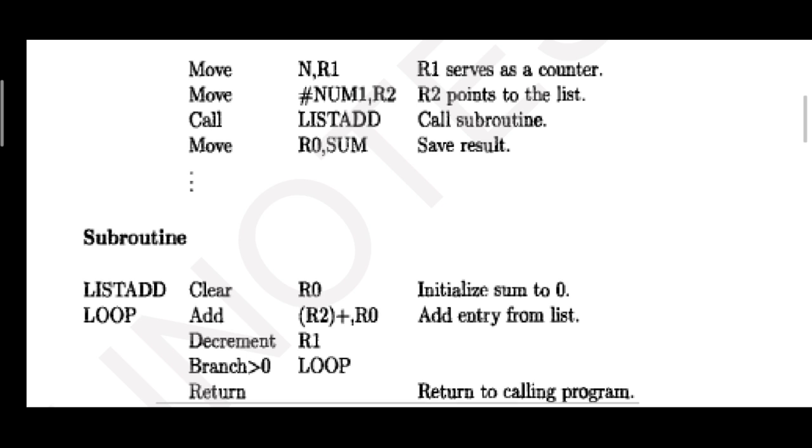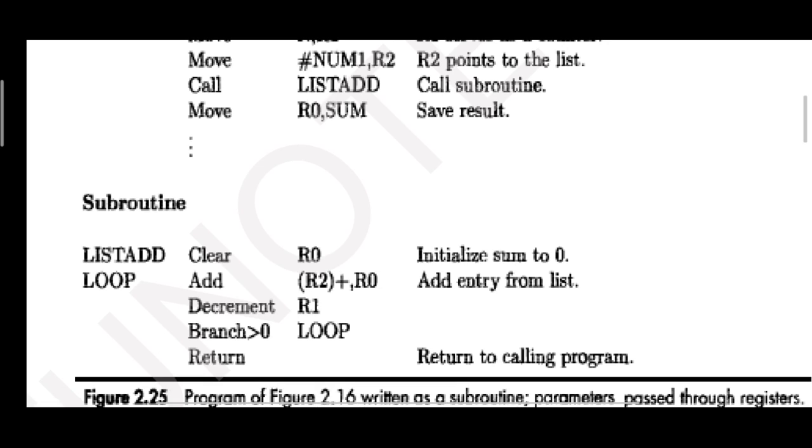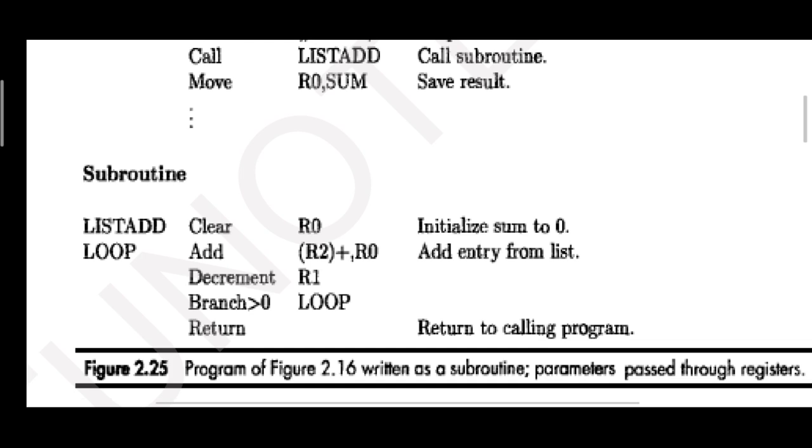Next is decrement the counter by 1, that is decrement R1. Comparison is used, that is branch greater than 0, which compares the value of the counter after decrementing with 0. Go back to the location loop and finally execute the return instruction, which will take the control back to the